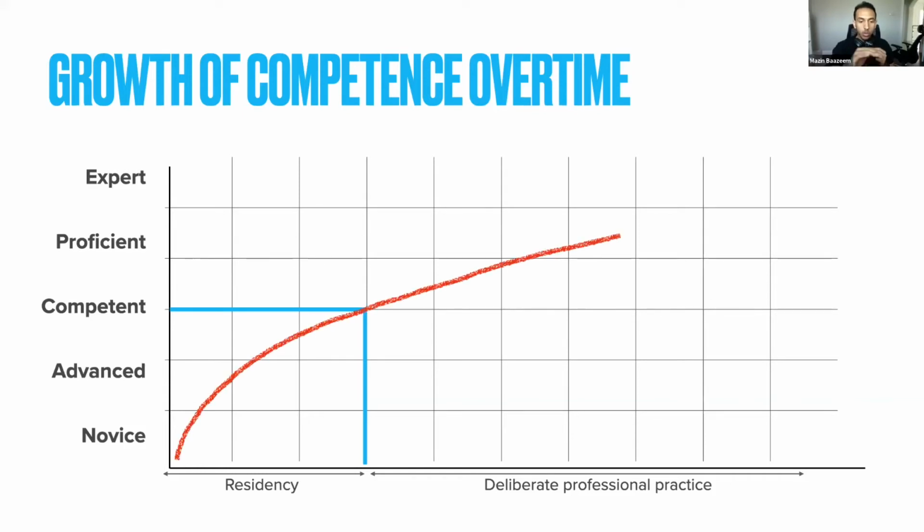So we start and you gain competencies and it increases. We want them to reach a certain level when they graduate at the end of the residency. And then your competencies, by nature, are going to increase when you become a staff and then you become proficient. And then at the end you become an expert, and naturally your competencies will go down. This is the natural course of life.